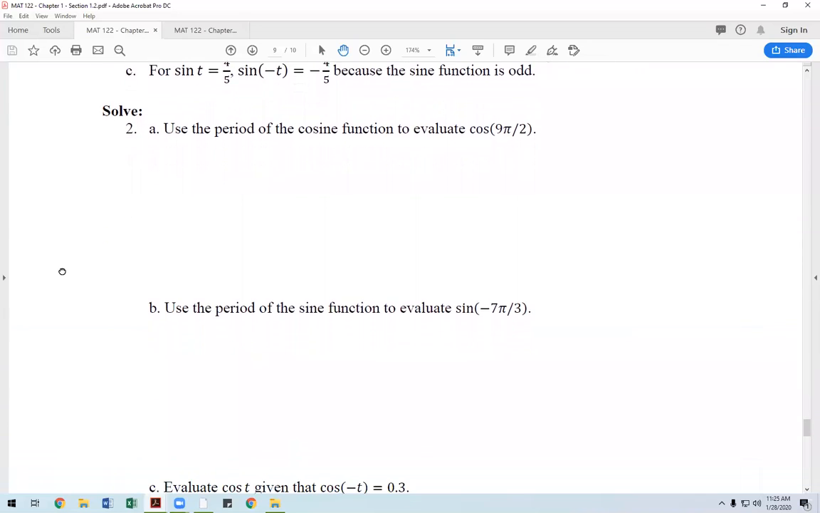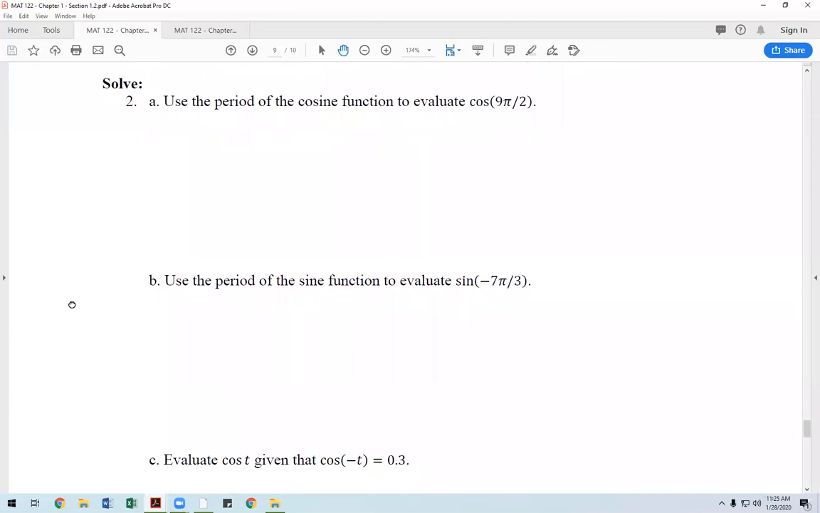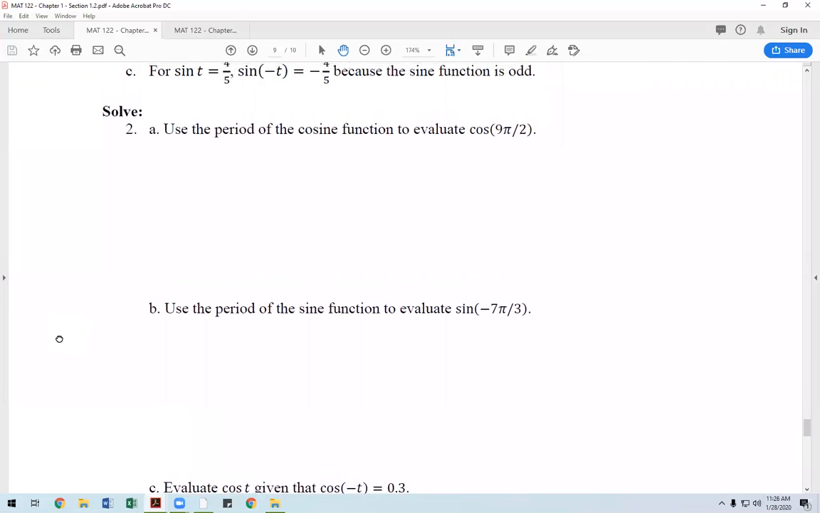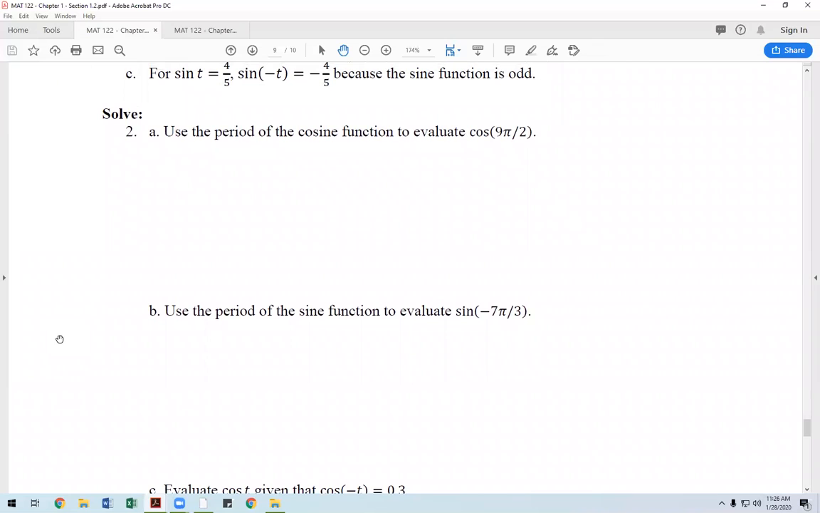So using this idea of using the period of a function or a function being odd or even, I'll give you a couple minutes to work on this and let me see what you guys can come up with, and then we'll look at the answer. Okay, so for this first one,